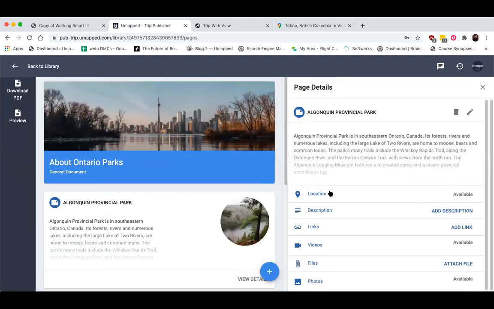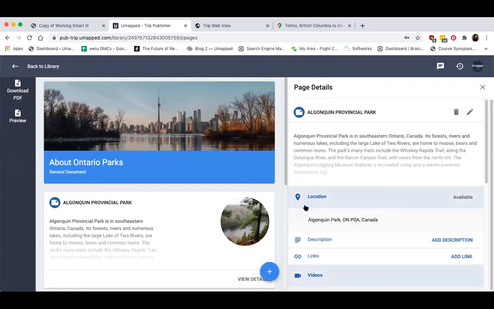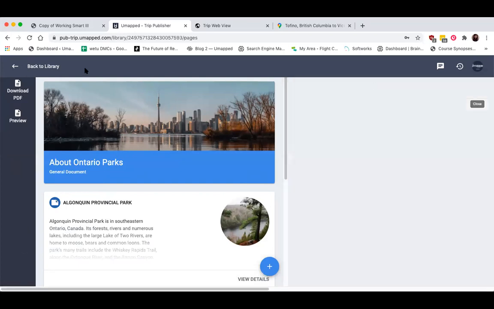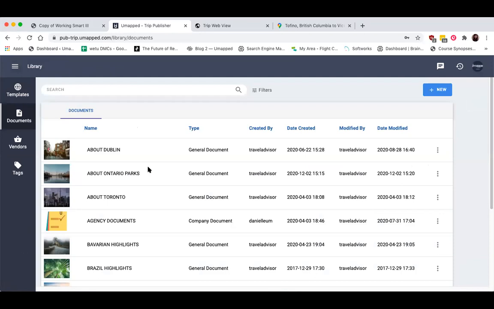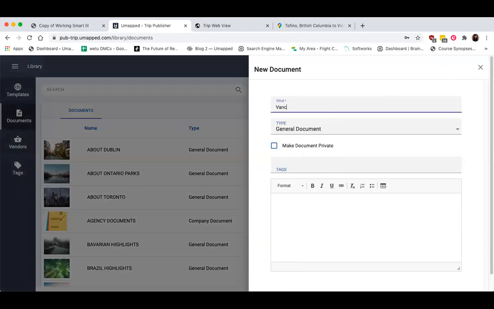This location section right here is actually only going to be available in the library. So for pages, you'll never see this location thing on any other segment, first of all. But what I would say is, instead of creating individual notes within a trip that each have a picture of the directions and the directions written out, like I was talking about earlier, there have been people who've come to me and told me that they made a document that was just entirely the road trip,